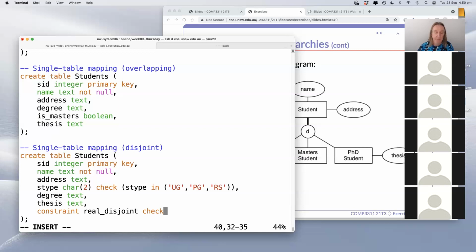And this gets messy. So if S type is equal to UG, oops, G,